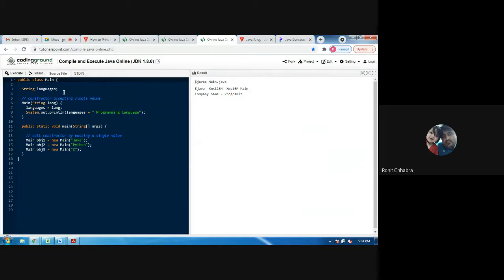What was the value of languages? It is the string Java. So it will print Java programming language. Similarly for object 2, it will print Python programming language, and for object 3, it will print C programming language. Now when we execute this program, the output is Java programming language, Python programming language, and C programming language.